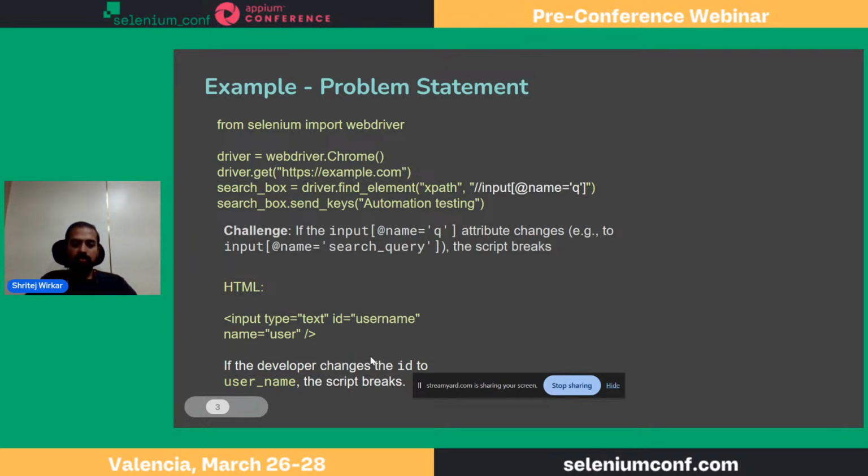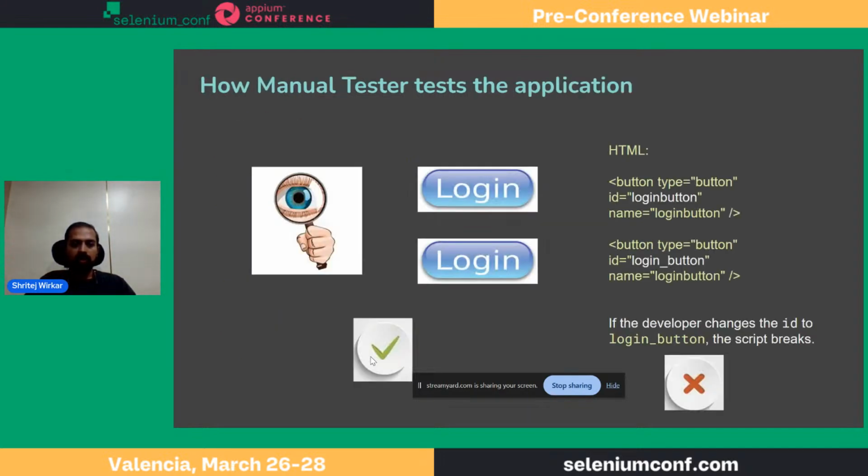So how do we tackle these problems in Selenium, so that even if the developer changes all these things, our script should not break? Let's think from the perspective of a manual tester. Let's take our previous example. If the login button changes from login button to login underscore button, but the appearance of the login button remains the same, what will a manual tester do? They will identify, here is a login button, simply click on it, and it will work, and they will pass the step. But in our Selenium script, if we have identified this by XPath or CSS, our script will break